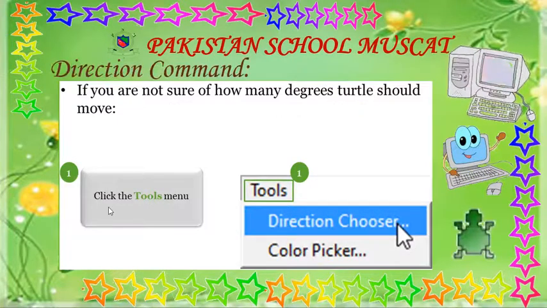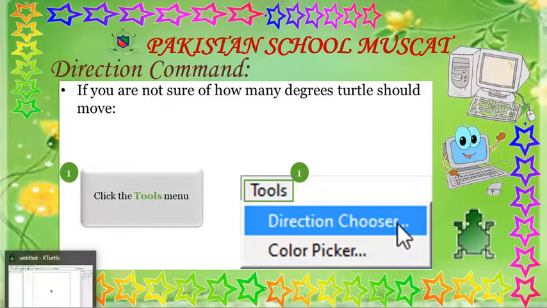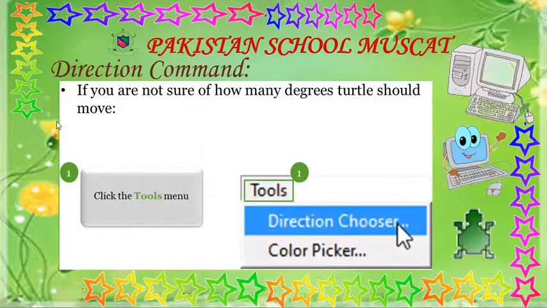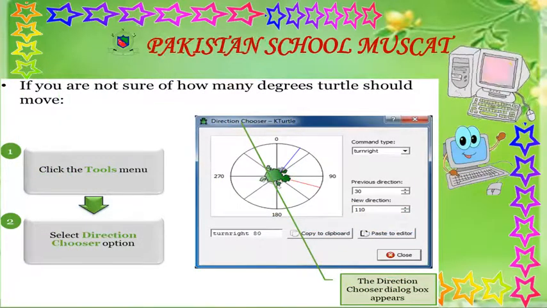You have to click on the tools menu. You can see over here in the tools menu, here we have direction chooser. When I go over here, next there will be the direction chooser option and a dialog box will appear in front of you.